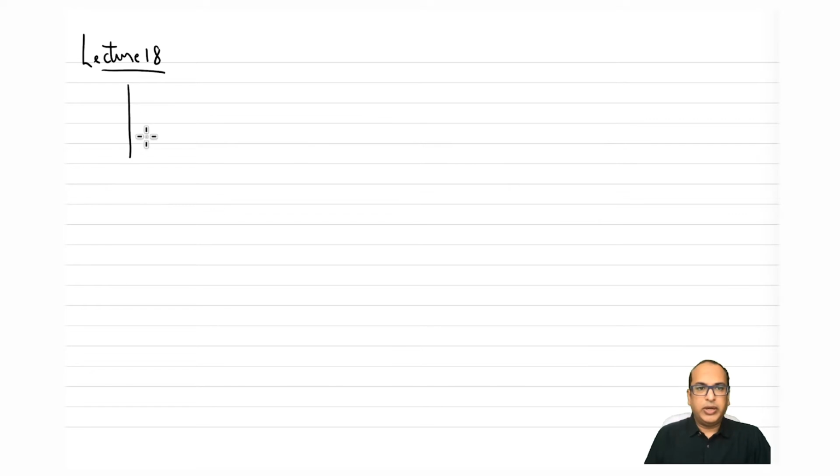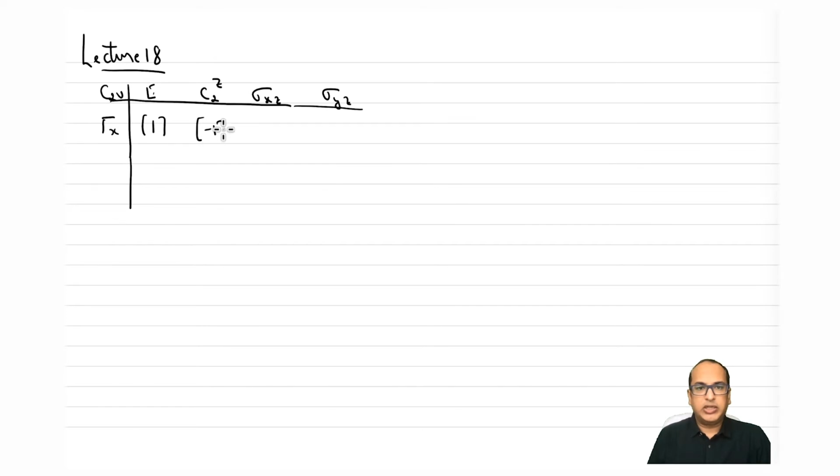So just to remind you again, let me just write it again. For the C2V point group, we had E, C2Z, sigma xz, sigma yz, and under this if we had tau x, so E operating on x will give you x, so that takes the character or the matrix as 1. Then C2Z takes it as -1 because x goes to -x. Then sigma xz, x remains as x, so we have +1. And for sigma yz, it will be -1, right?